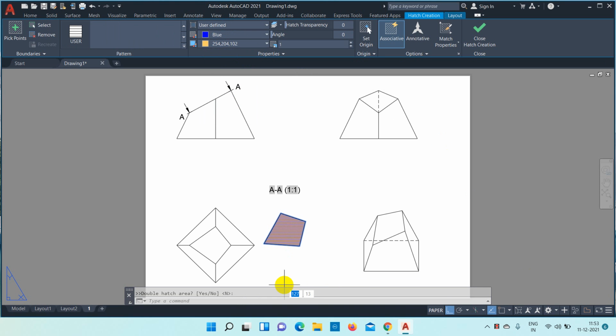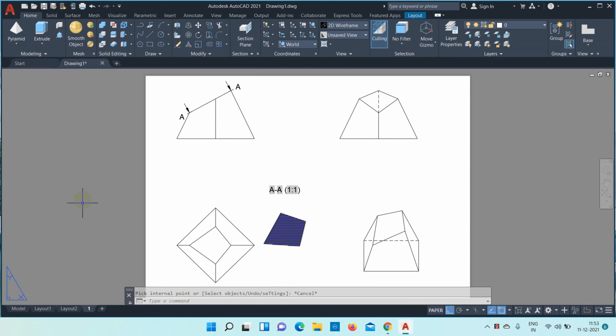Next we'll just draw the reference line. Text command, X, Y, this is VP, HP, this is true shape.